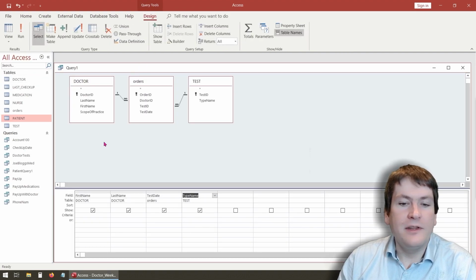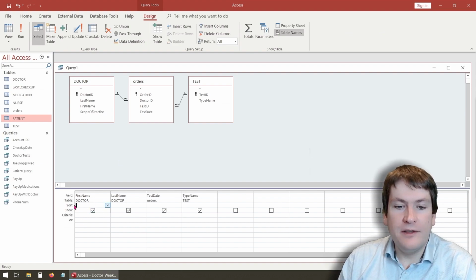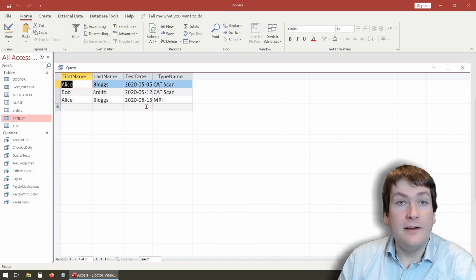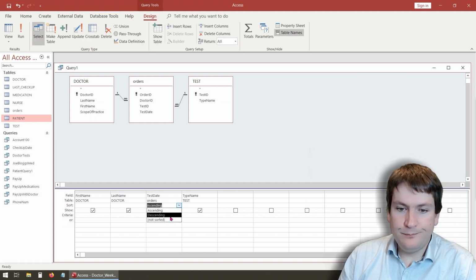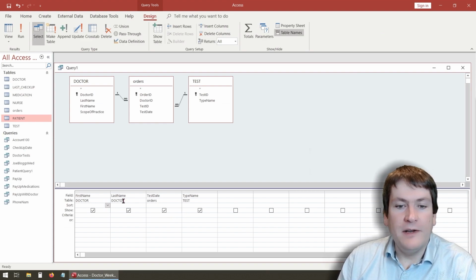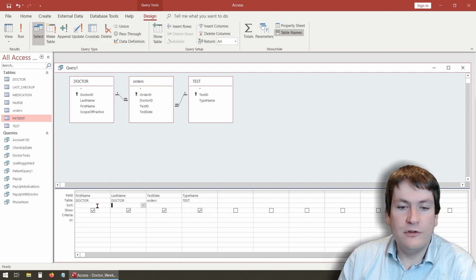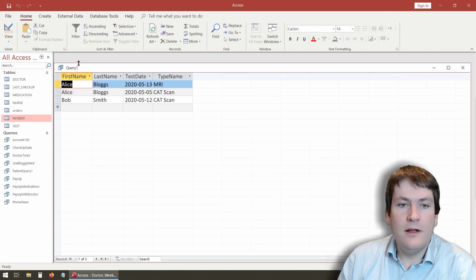Remember, in SQL we had to use that order by, but in here we have this nice sort box. So if we wanted to order by test date, we could pick ascending or descending, run. So now it's ordered by test date in ascending order. If instead we wanted to order it by doctor, since their name's divided into last name and first name, we could first sort by first name, ascending, and we could sort by last name, ascending, and we hit run, and you can see that it has sorted the doctors